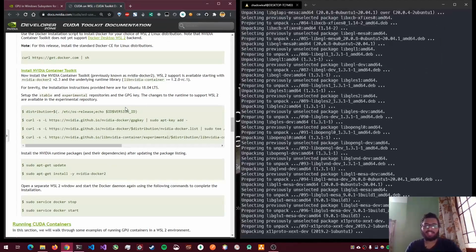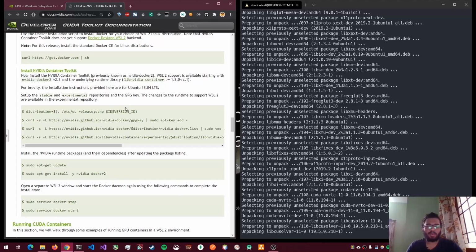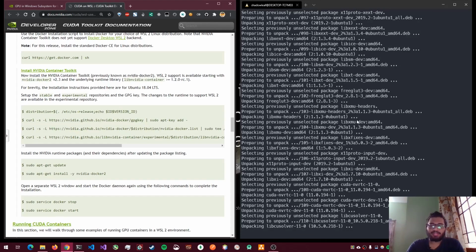One thing that's missing in WSL2 is native GUI support. So for now, if you want GUI support for WSL2, you'll have to install an X11 server on Windows and connect to it through your WSL. But it would be really nice if there's native GUI support, so you won't have to do all of this. I think it's still installing.